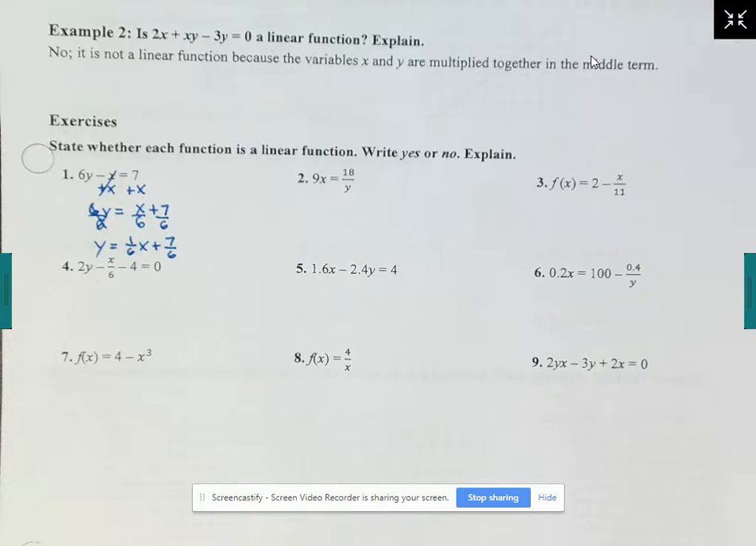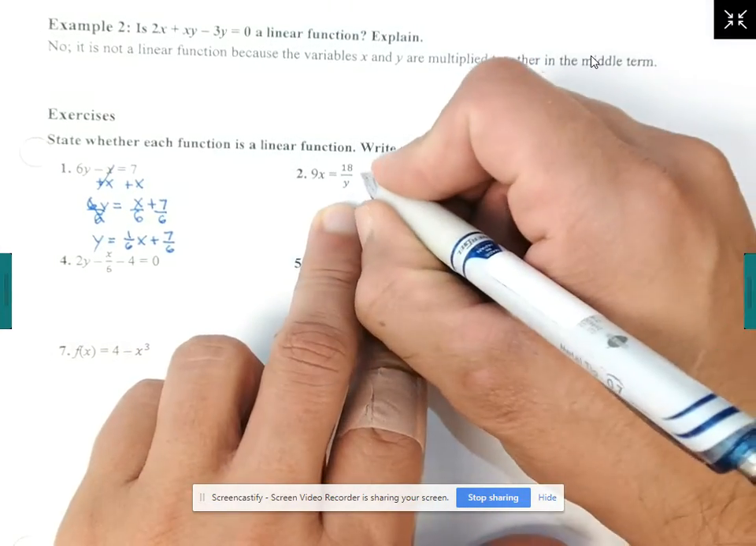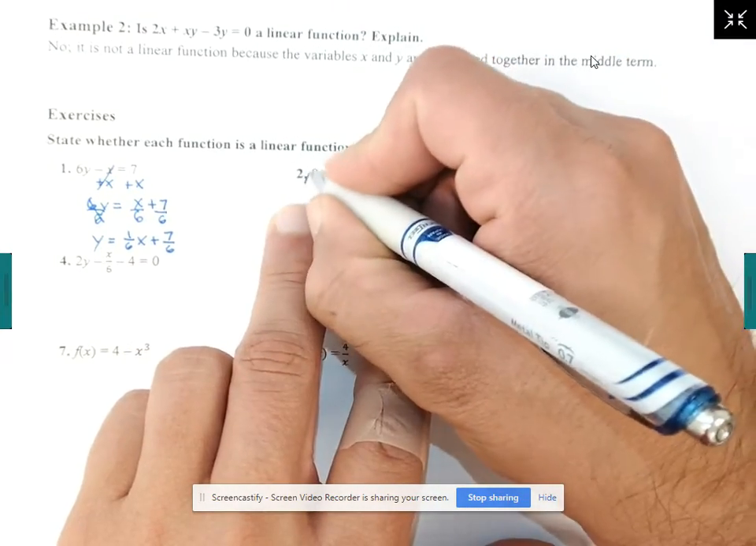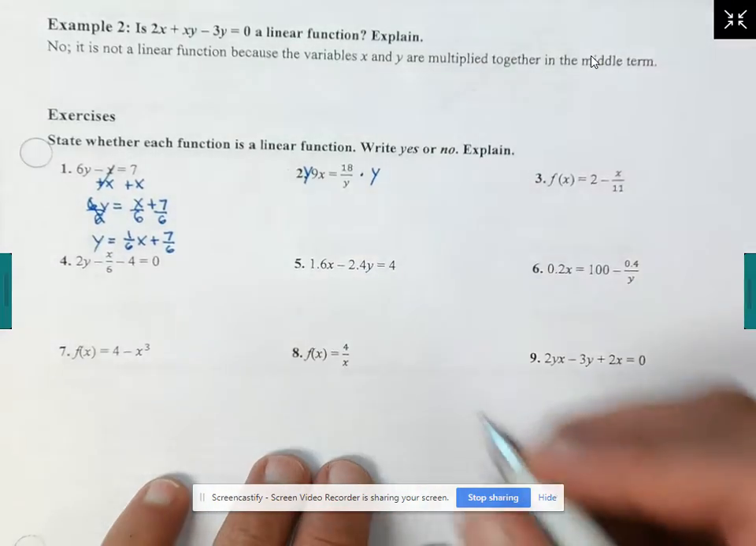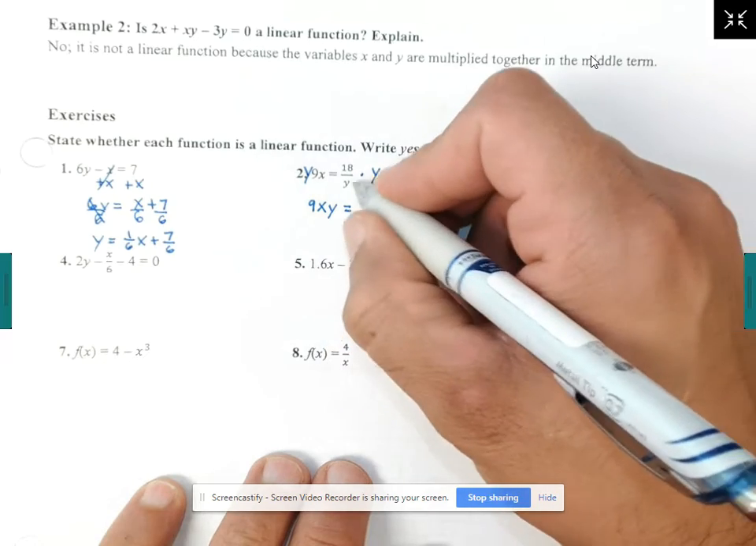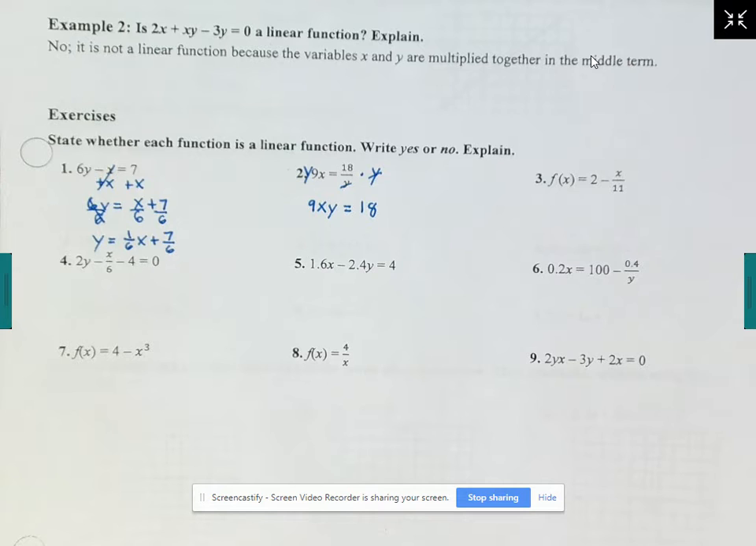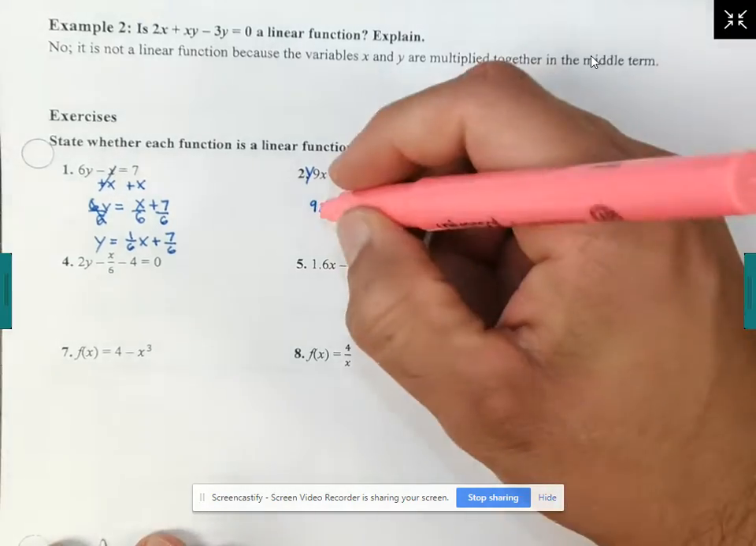Now let's talk about one that it's not. On number 2, if I'm trying to get y by itself, right? I'm trying to isolate for y. Well, to get the y out of the denominator here, I would have to multiply the right and the left by y. And when I do that, I would have 9xy is equal to 18. Now, here's the problem, right? The x and the y are multiplied together, and that's where you know. If you see anything like this, where the x and y have been multiplied together, then this is automatically not